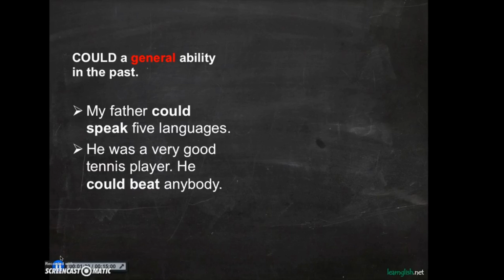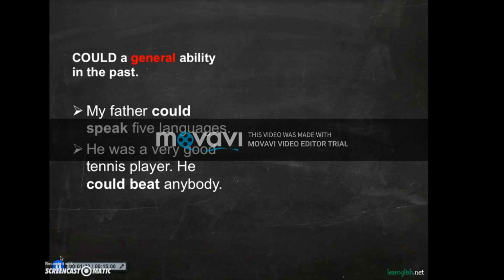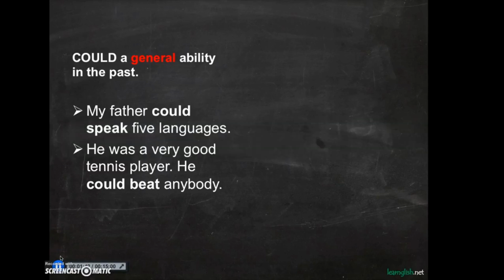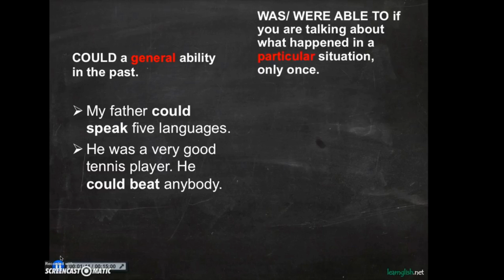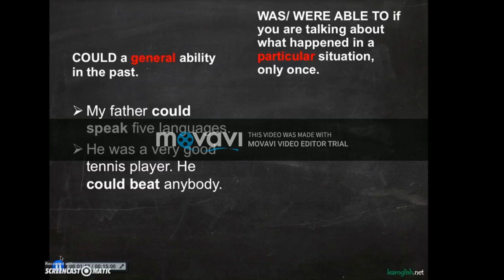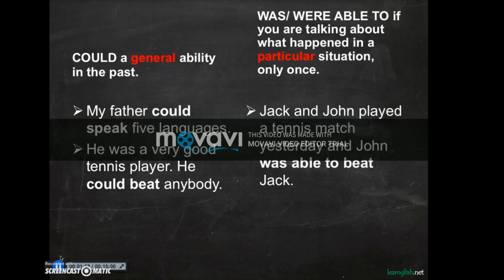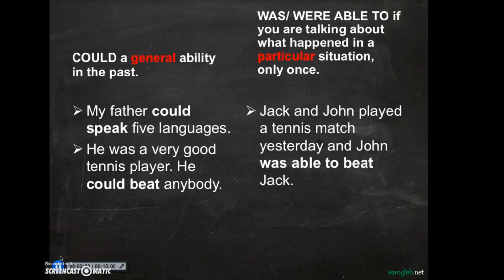Or we can say he was a very good tennis player and he could beat anybody. Okay, so we are speaking about things that people could do in the past, or the abilities that they had in the past. Now, if we have be able to in the past, we can say was able to or were able to. So this is only used when talking about what happened in a particular situation and something that happened only once. Okay, so we can say Jack and John played a tennis match yesterday and John was able